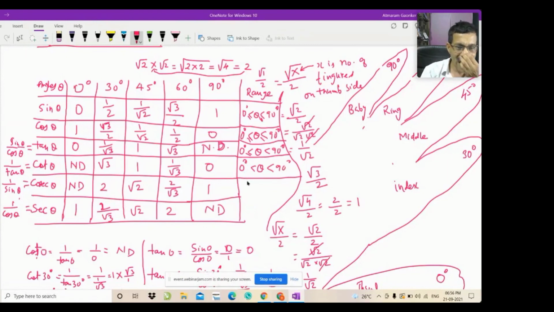Where the equal to sign will come, at 90 degrees or 0 degrees? Please write 90 or 0 where the equal to sign comes. Let me check whether you understood this concept or not. Here one of them will have the equal sign, either with 90 degrees or with 0 degrees. Where does the sign of equality come? Let me check your knowledge so far of what we have learned.